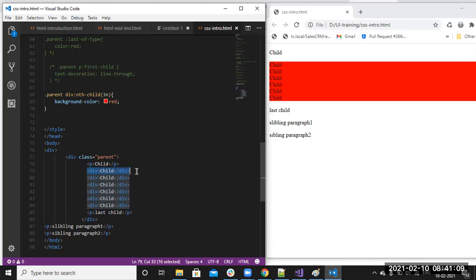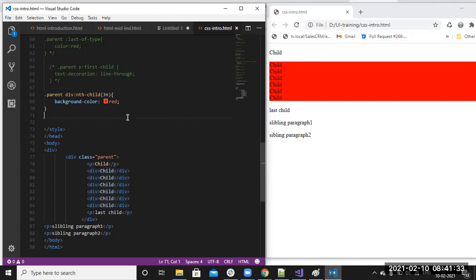If you mention specifically that you want only your small father's children, then you will get only that. But if you mention specifically small father first-of-type, then you will get the first child. So that is the concept. You can easily understand it.